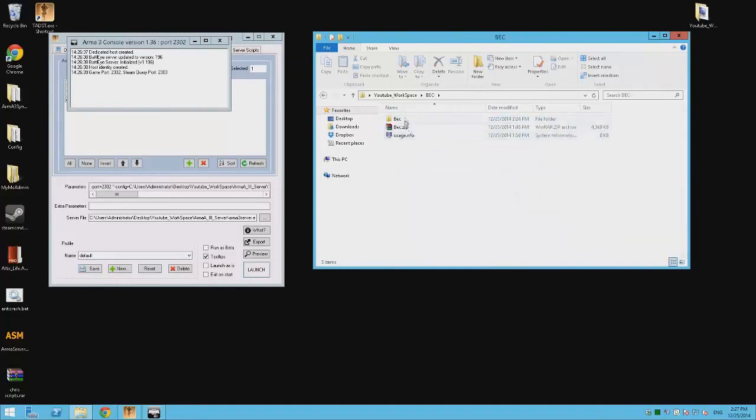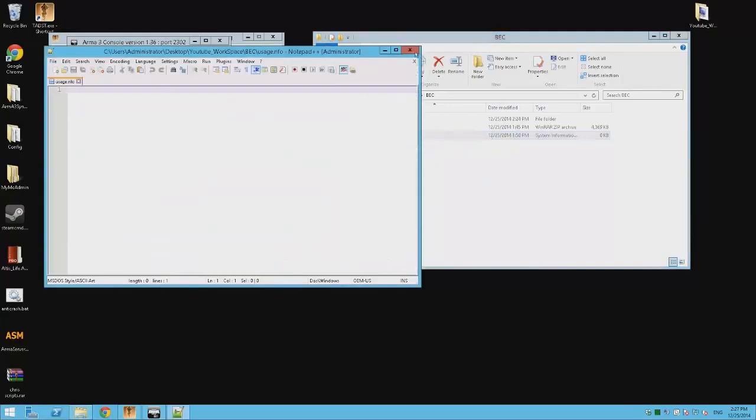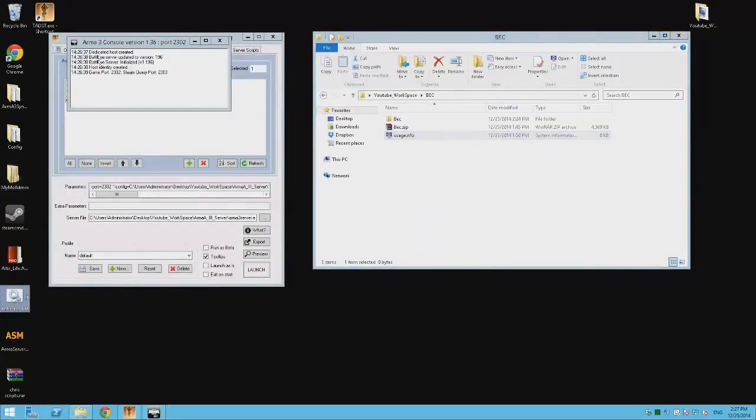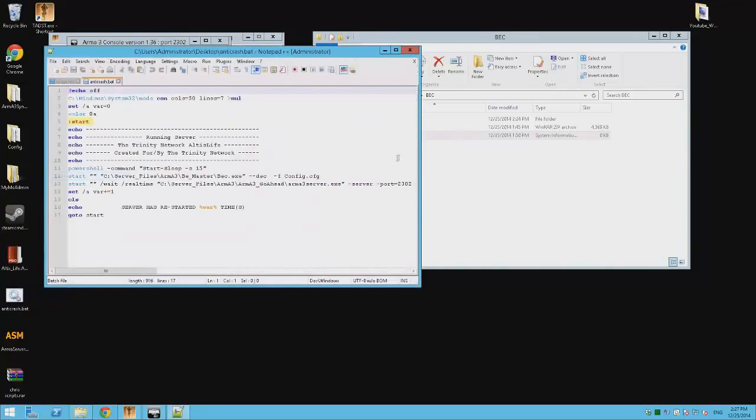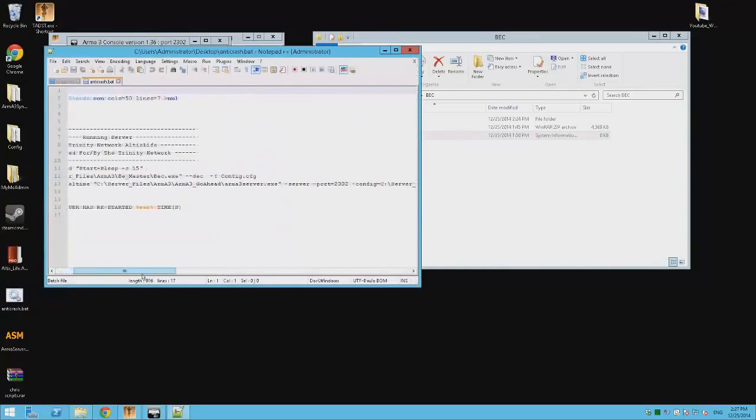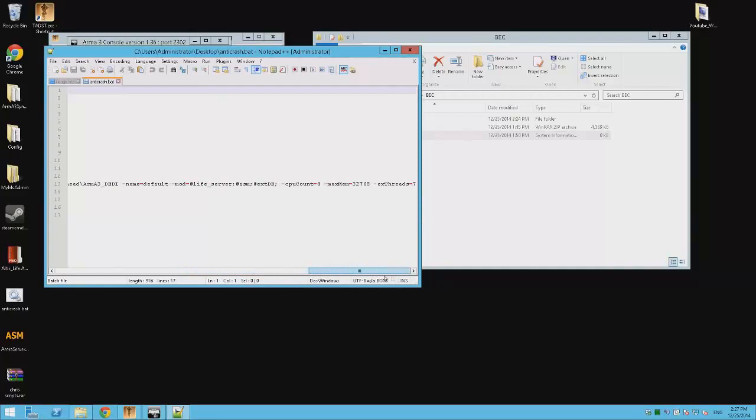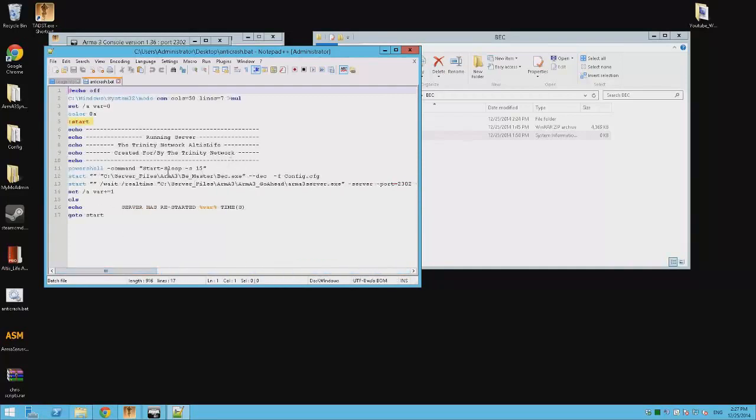BattlEye extended controls. Right, for me, I have to run some custom commands on my BattlEye client, just because the OS I'm using seems to have a few problems with it. Let me just find that real quick. There we are, right here. So dash dash DEC is a function you can use. It just basically means BattlEye gives more information. -f and then config.cfg